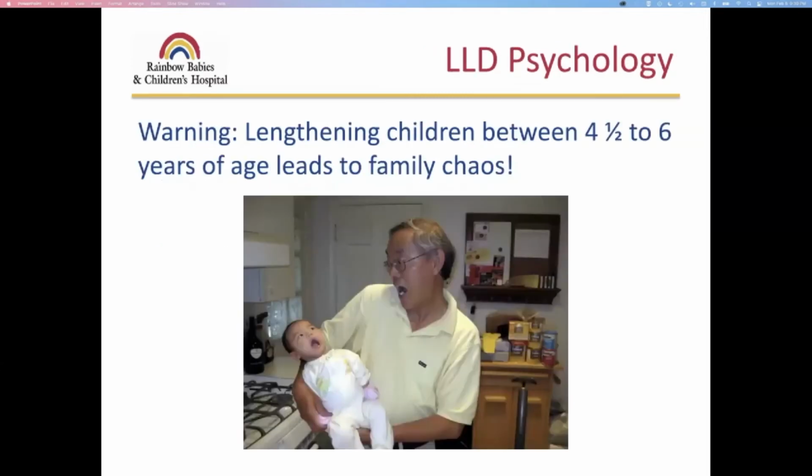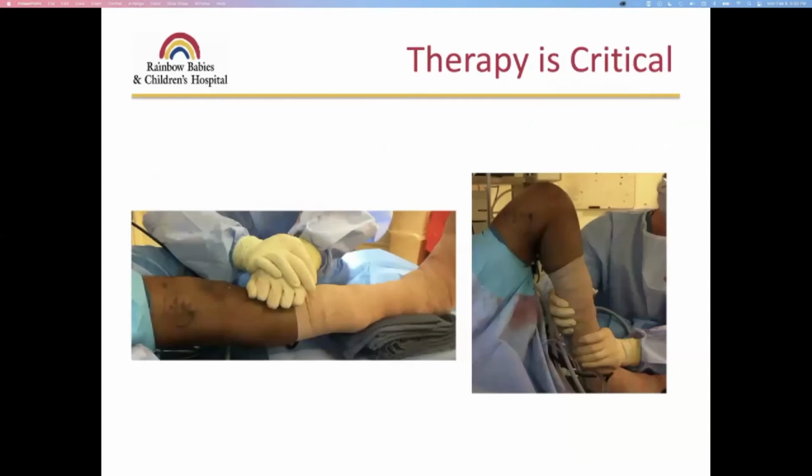It's important to consider that there's a period of time between 4.5 and 6 years of age where you generally do not want to start lengthening. This is a time when children are very difficult to deal with, and the challenges of limb lengthening can really become overwhelming during these time periods. Physical therapy is critical throughout lengthening. It's very important to emphasize and arrange if the patients are not doing it,